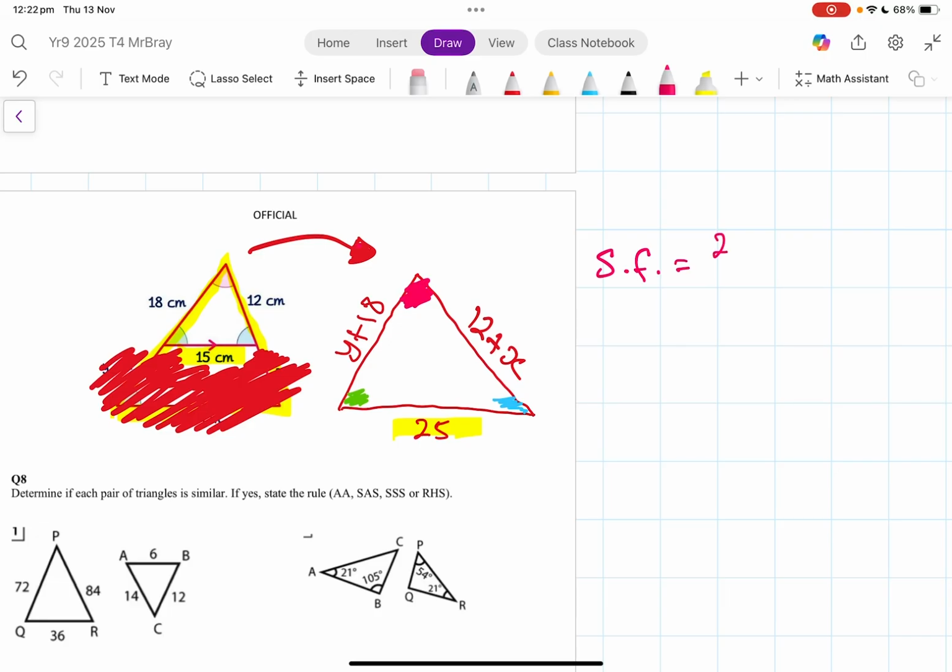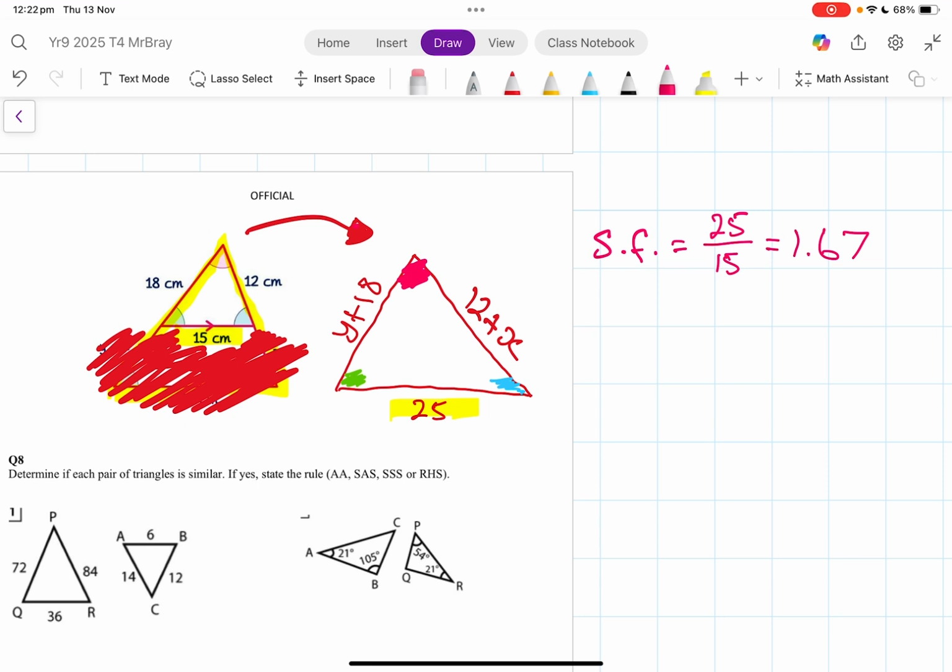So in this case, the 25 is on the arrowhead side, so it goes on top. I'm going to do that as 25 on 15, which if you do 25 divided by 15 in your calculator, you'll get about 1.67. After we've gotten that, that tells us that to get from this triangle to the other one, it's become 1.67